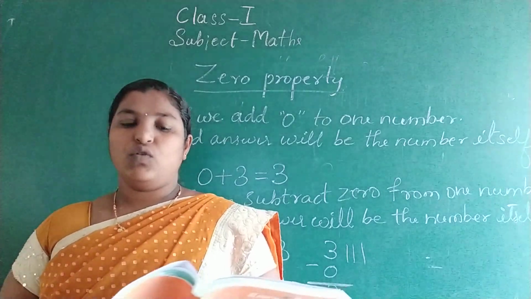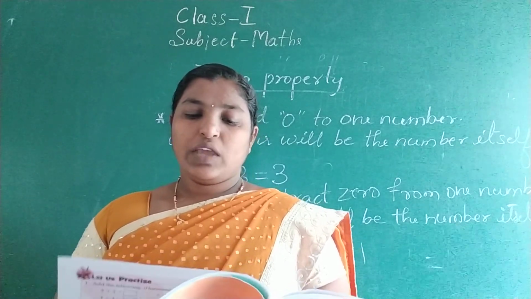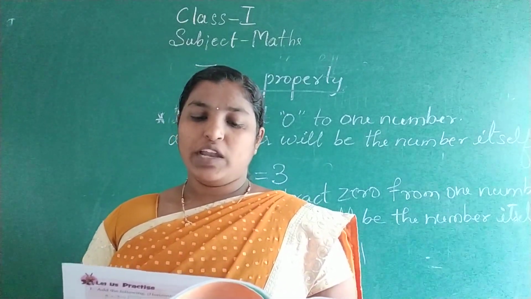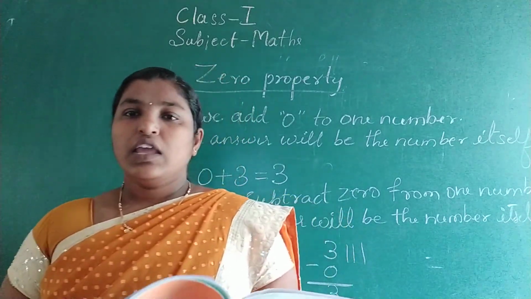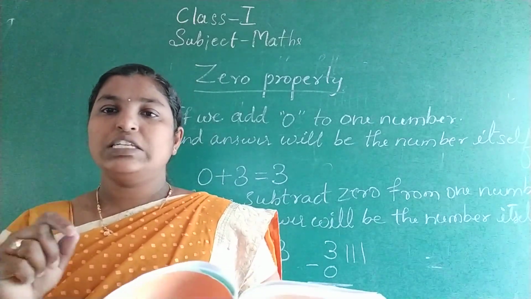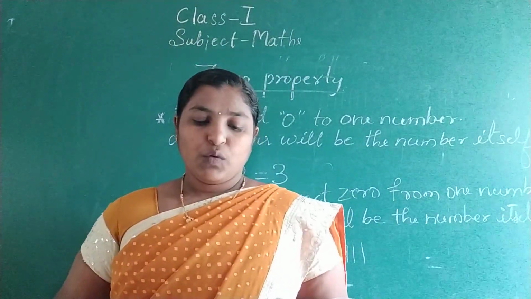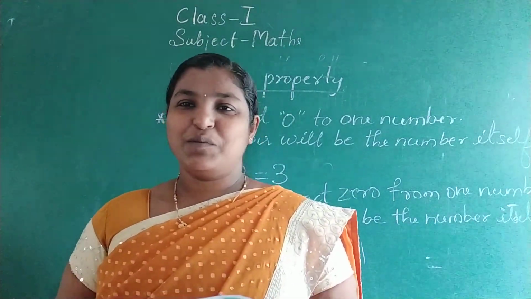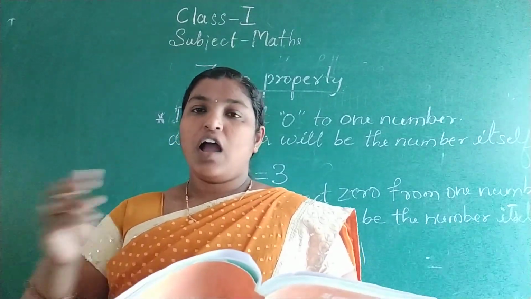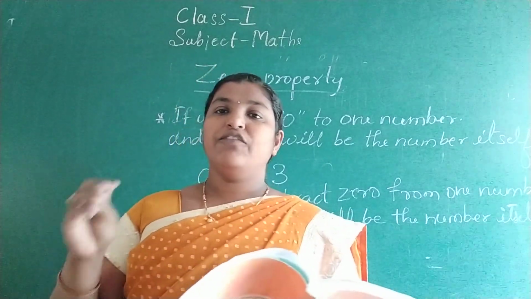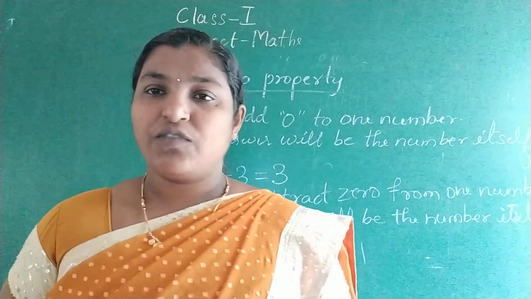0 has no value. Okay, 0 is talking here: I have no value. You can increase our value by joining us on the right: 1, 2, 3, 4, 5, 6, 7, 8, 9. If the 0 should get value, it should be added with 1, 2, 3, 4, 5, 6 and so on. Wow, I am the best. 0 is the best because it doesn't have any value itself, but after these 1, 2, 3, 4, 5, 6, if we write the 0, the value will increase, so 0 feels proud.